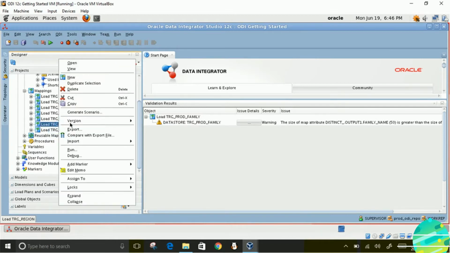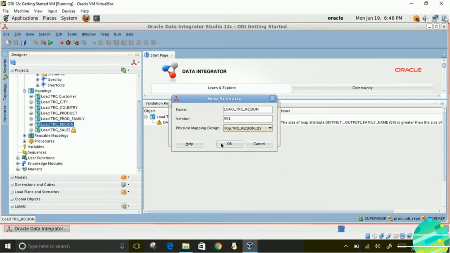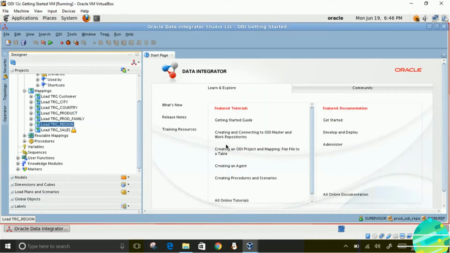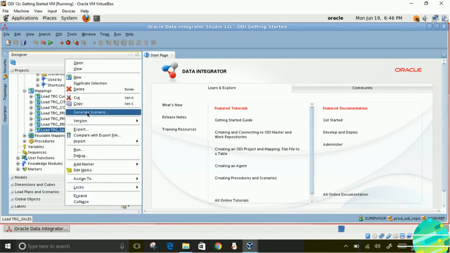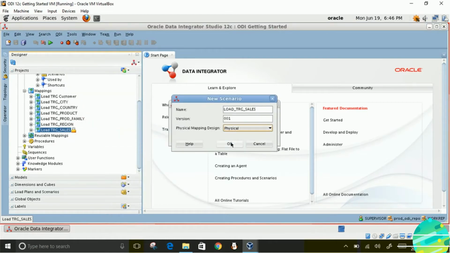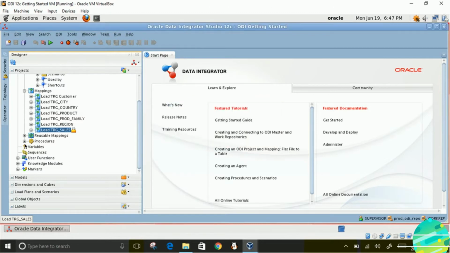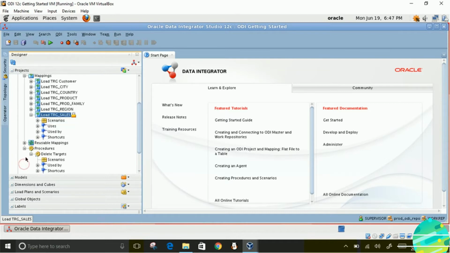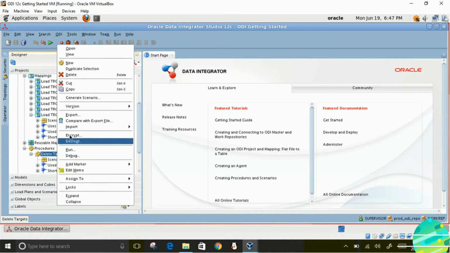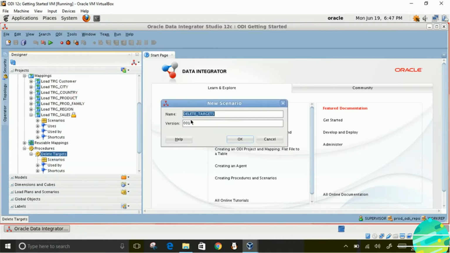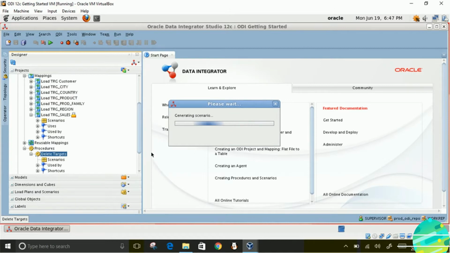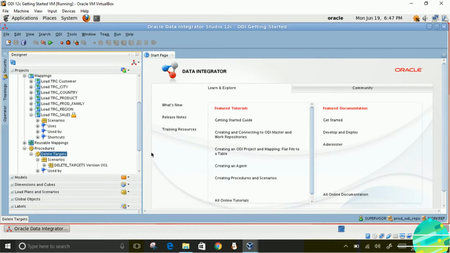Go ahead, create scenario for TRG region. Then TRG sales. Likewise, create scenario for the procedure also, the delete targets. Right there, you got the scenario.